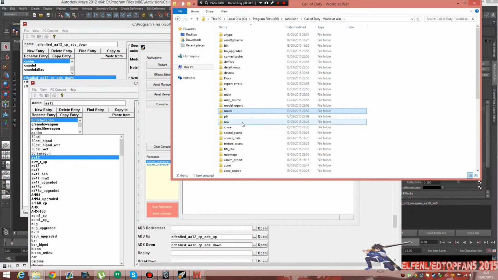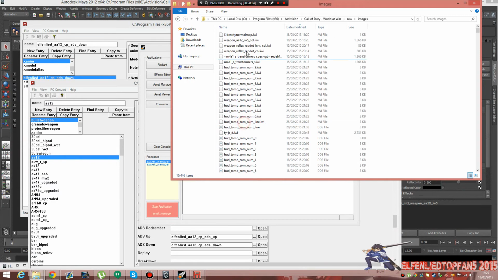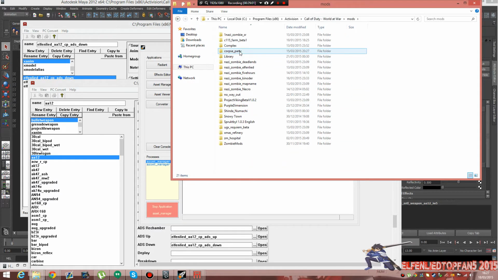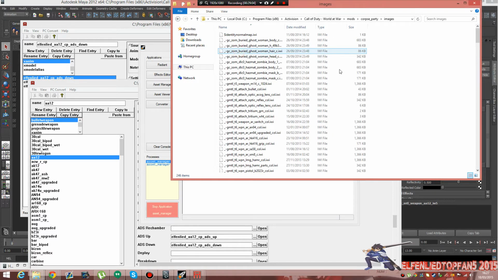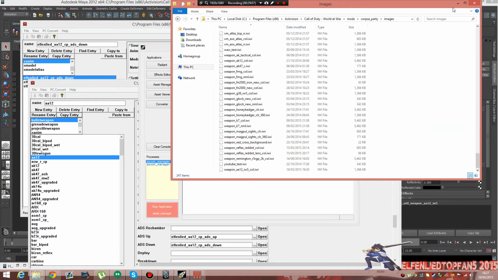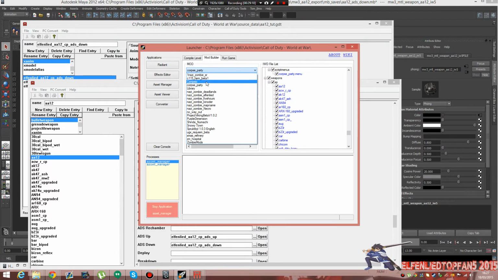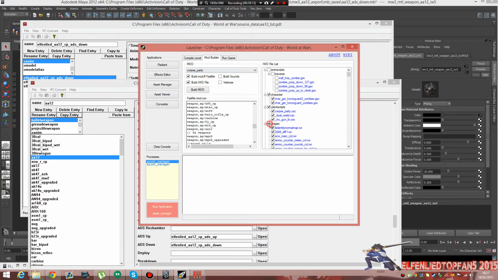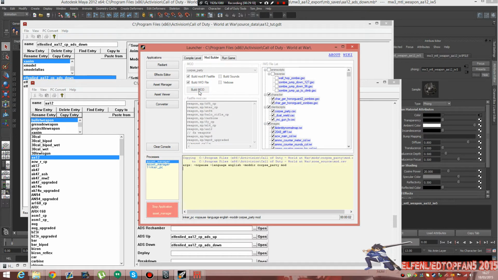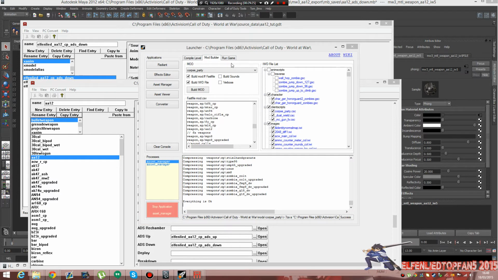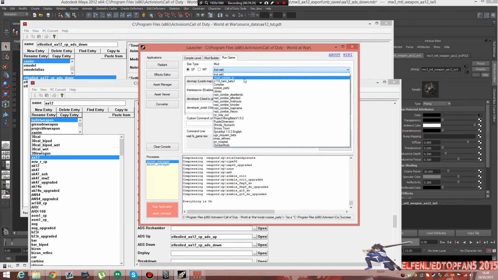I should have done all this before I started doing the tutorial, but hey. Oh, that's it. That's all I need to take, innit? Oops, pi images. And then okay, and I'm going to build it. And I'm going to pause it until it's finished building. So once it's built, you then